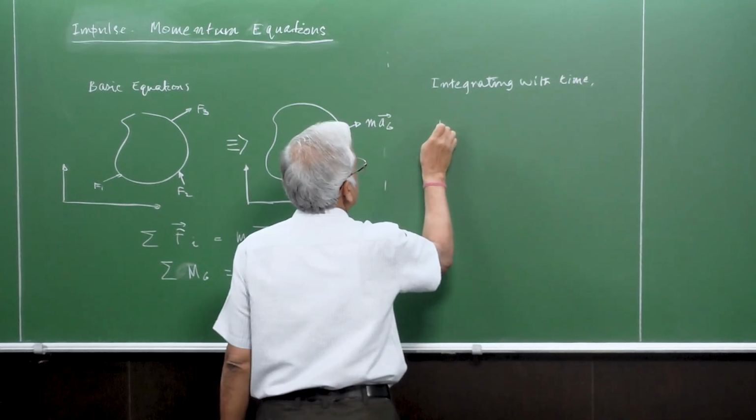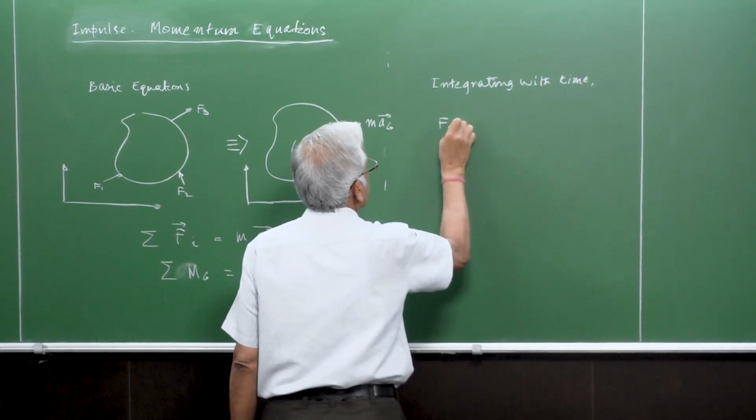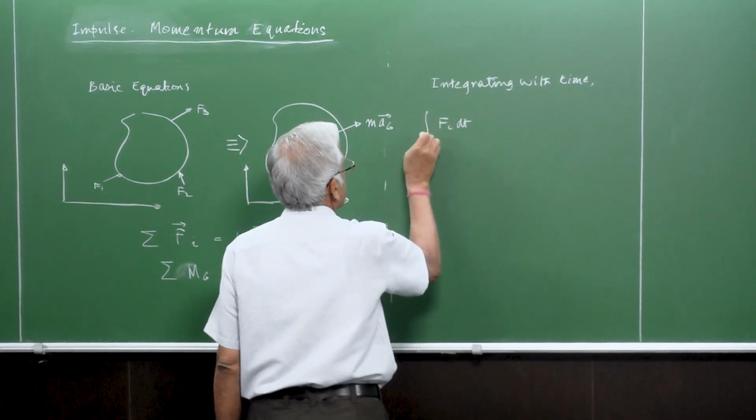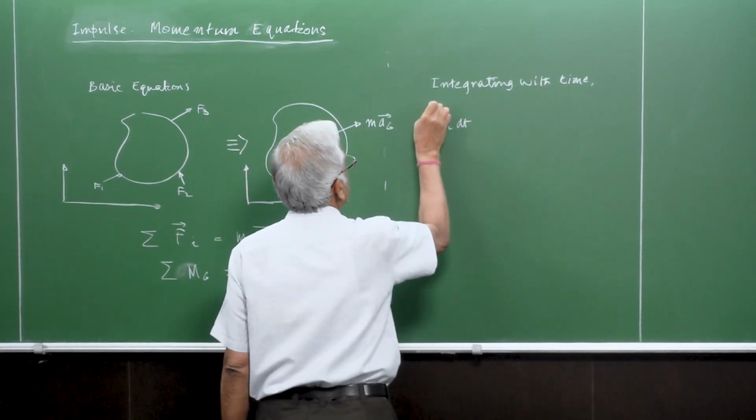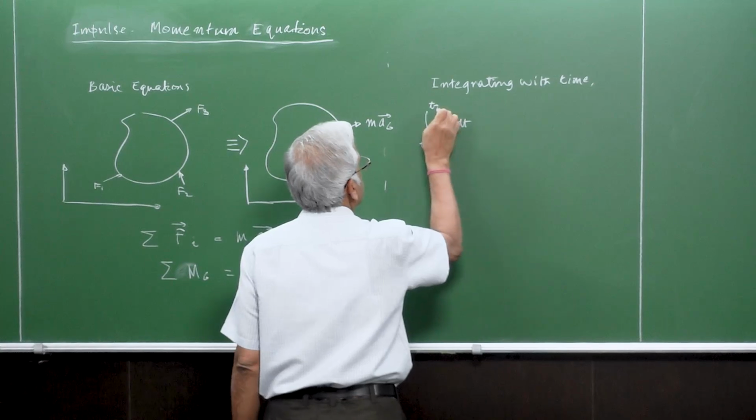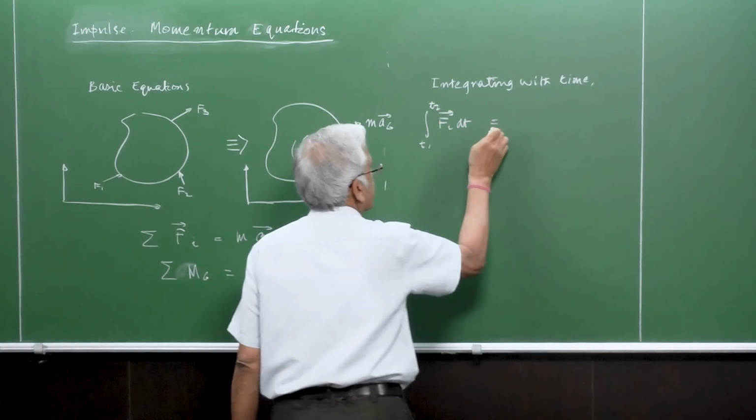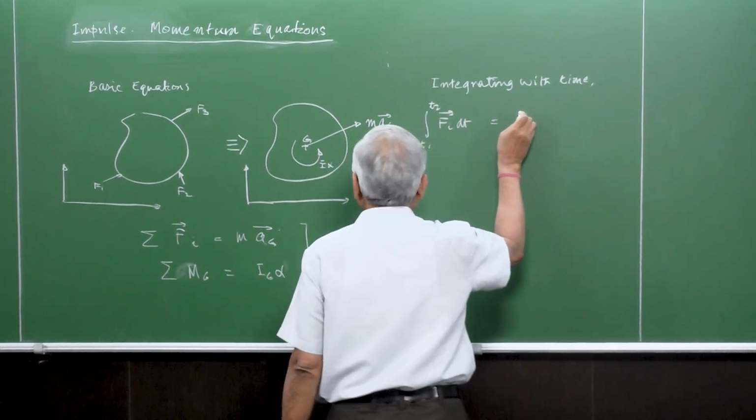So what we have is the integral of F dt from t1 to t2 on the left side, and this is equal to